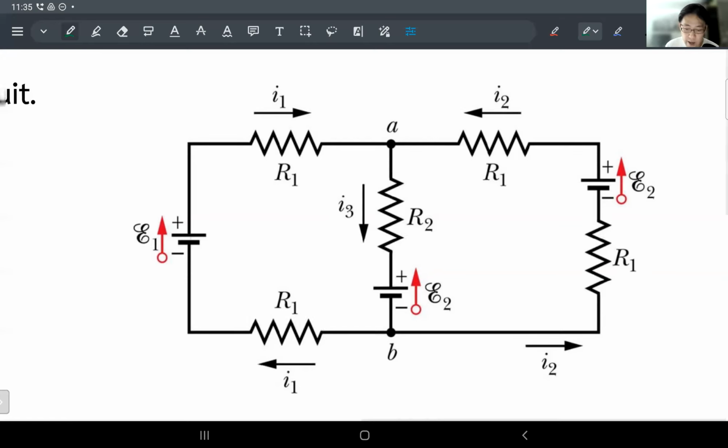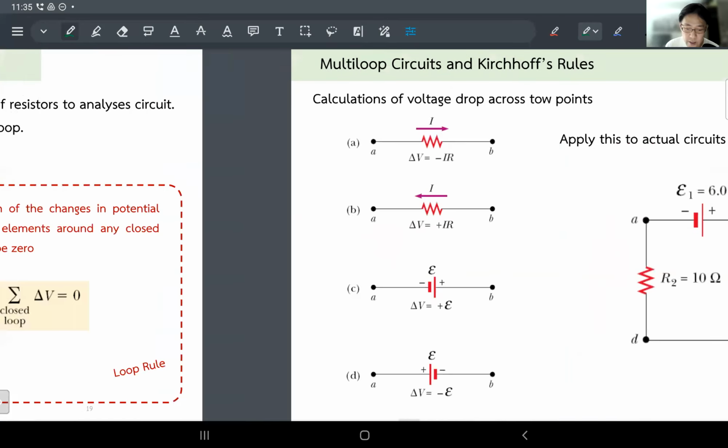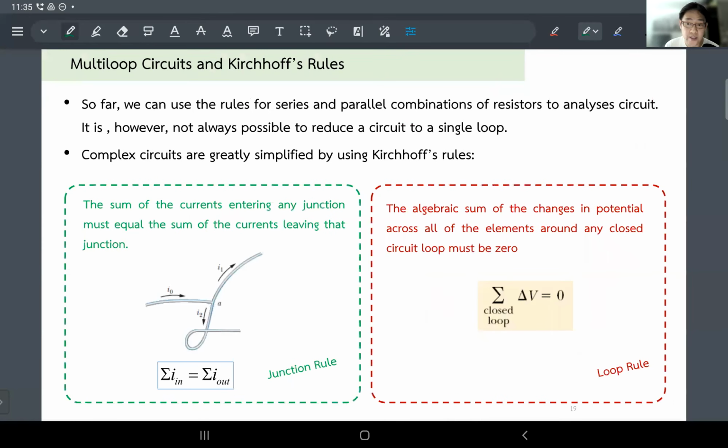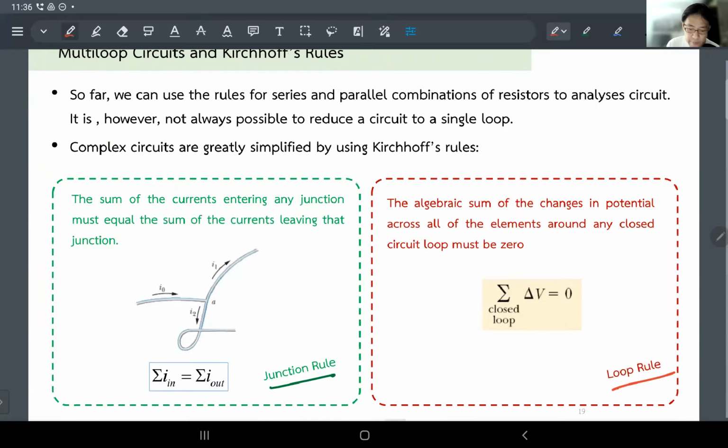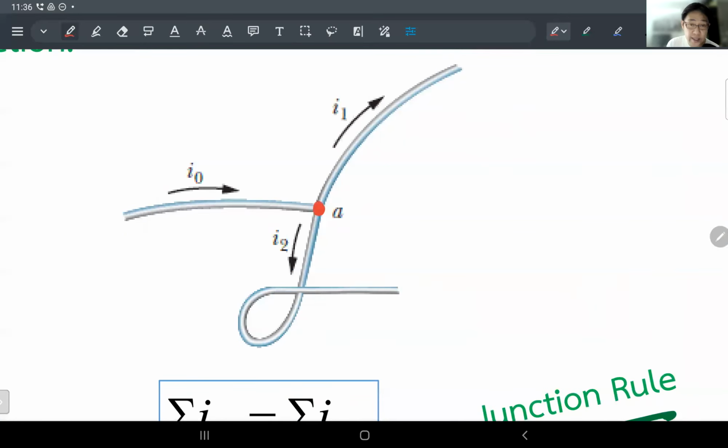And here comes the way to solve this one. We're going to use Kirchhoff's rules. The reason I say simple is because there are only two rules here. It's called the junction rule and the loop rule. But the concept is simple. Start with the junction rule. Anytime that you see a junction, we have already seen this a couple of exercises back, the current must be conserved